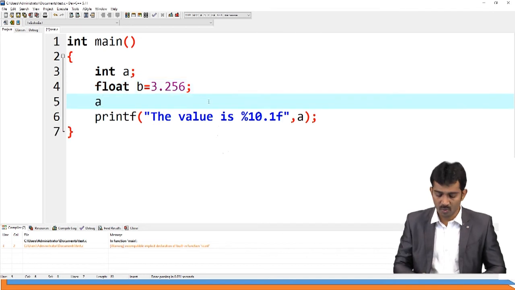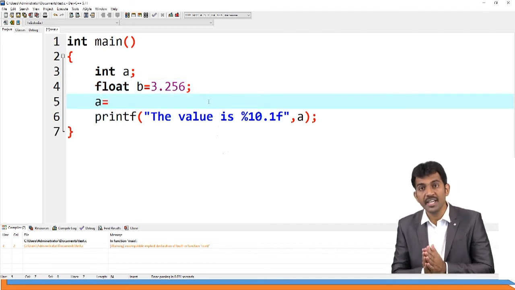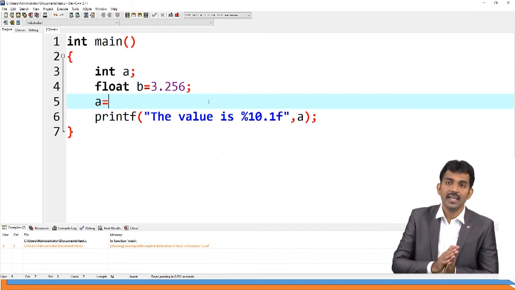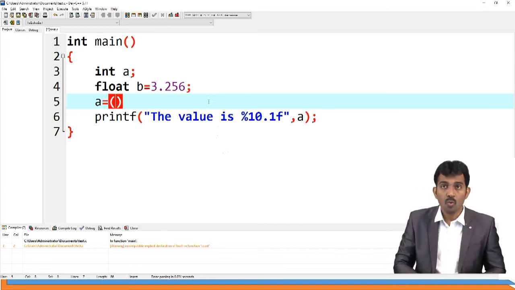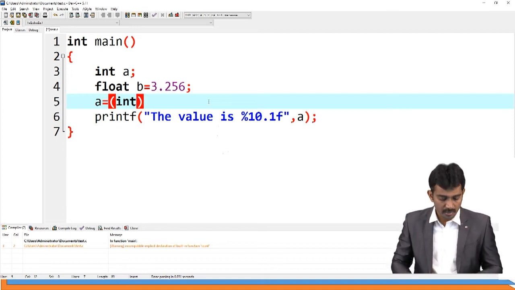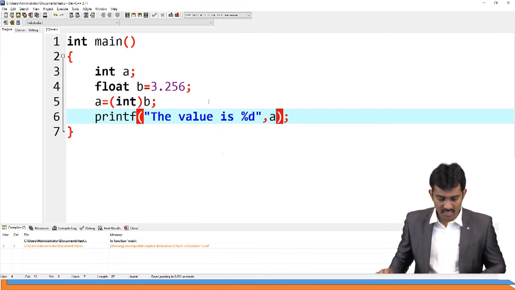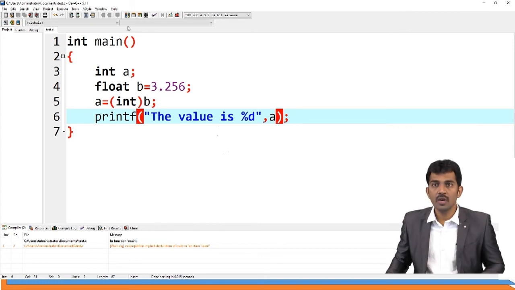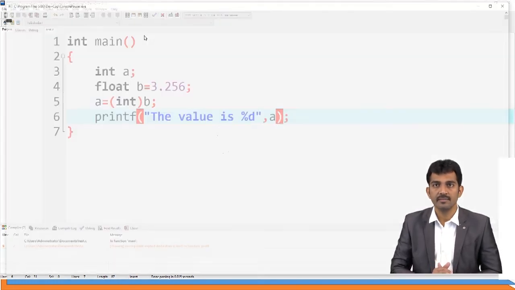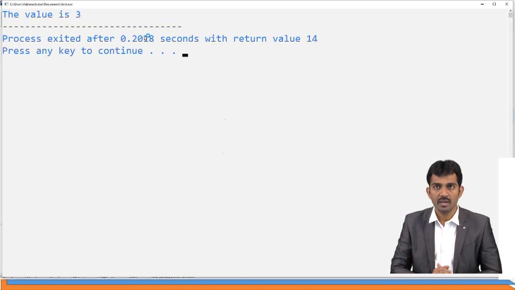For example, a equal to, now I want to cast b into a. What kind of destination? Integer, right? And I'm going to convert b. That's all. Now if you print your data with %d, comma a, what is the result you are going to get here? Only the integer part, 3 only, right? But the actual value is 3 point something.